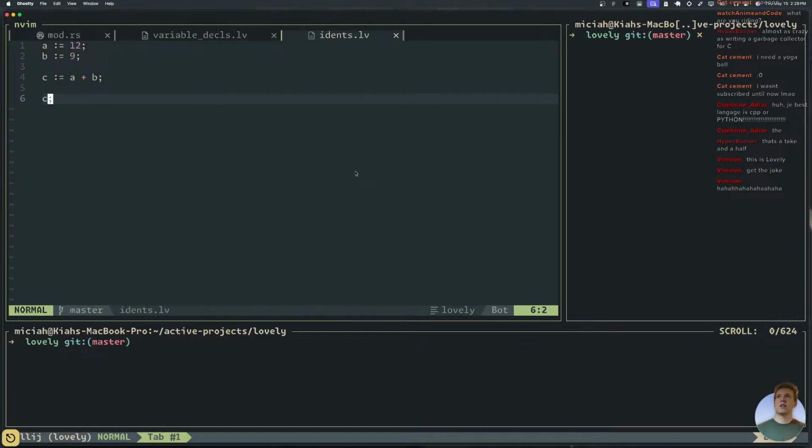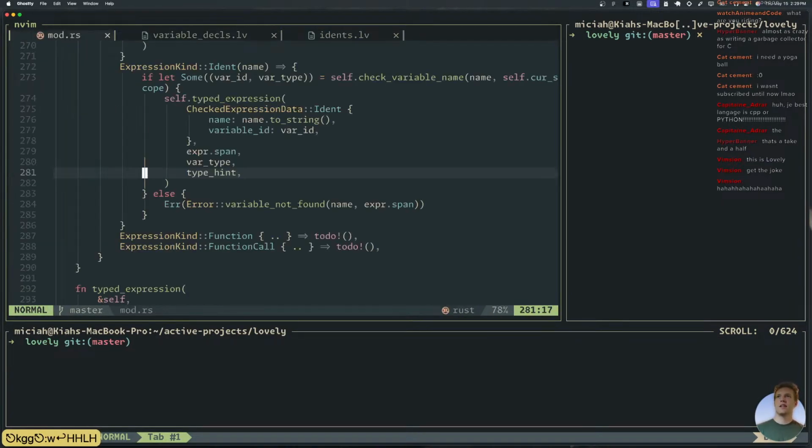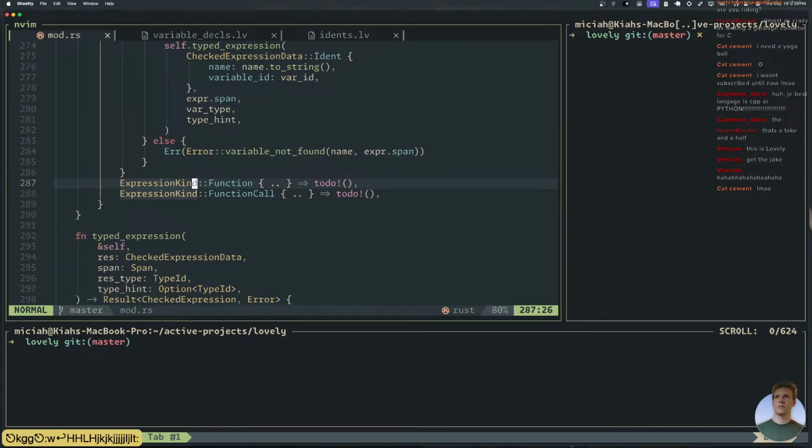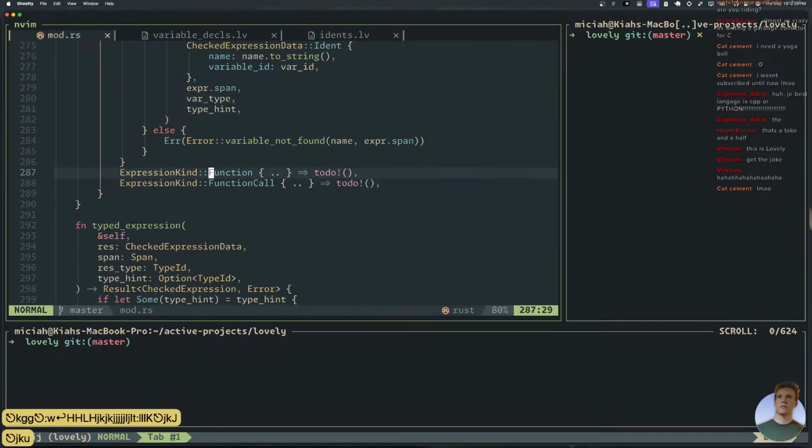Okay, so that was a super cool stat. Fascinating. So now functions and function calls are the last things we need to type check, and then everything's type checked.